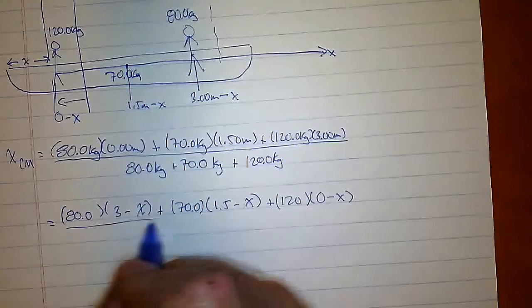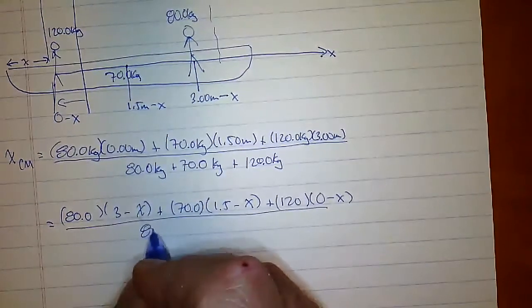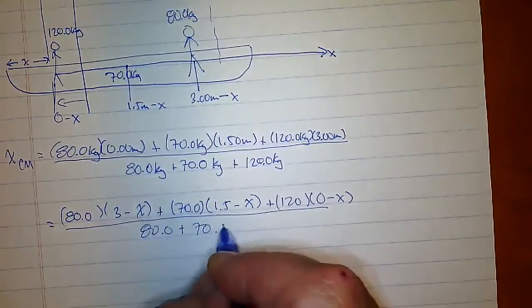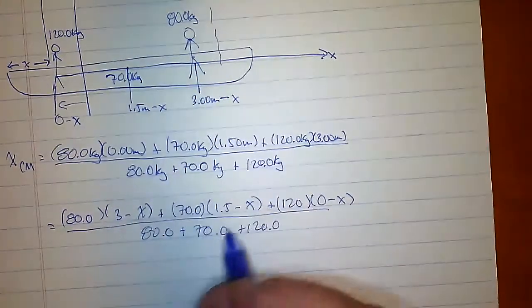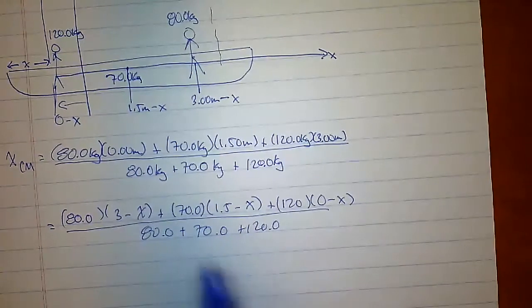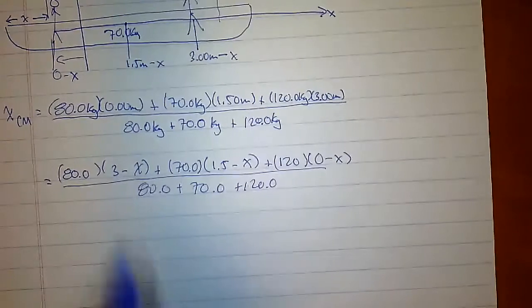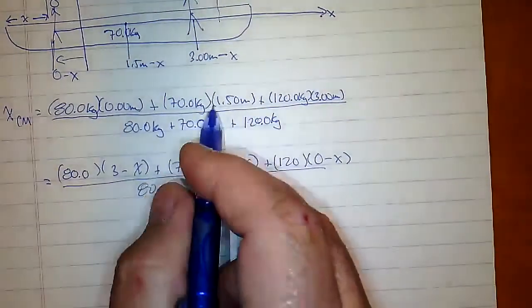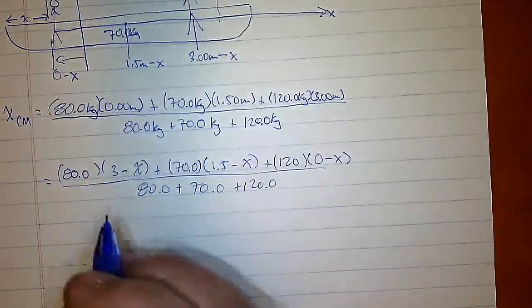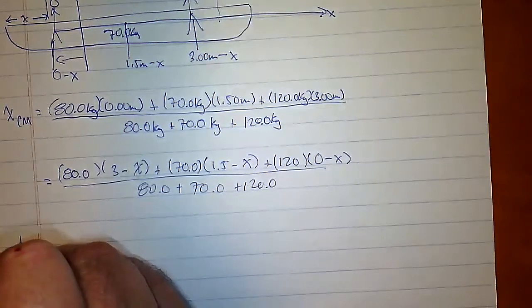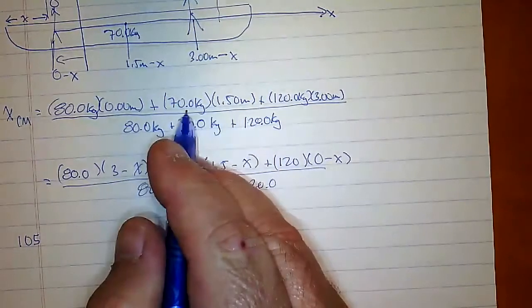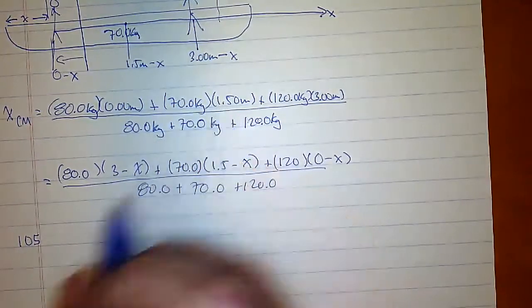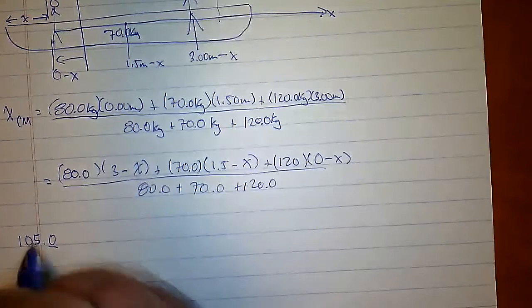Now, all of that, of course, will be divided by 80.0 plus 70.0 plus 120.0. But since they're equal to each other, I don't even have to take time to calculate that bottom, which, come to find out, due to the math, I'm going to be calculating it anyways. So 80 times 0 gives me 0, but 70 times 1.5 gives me 105. So I've got 105. And notice that's 3 sig figs times 3 sig figs. So ultimately, I should just have no decimal places.